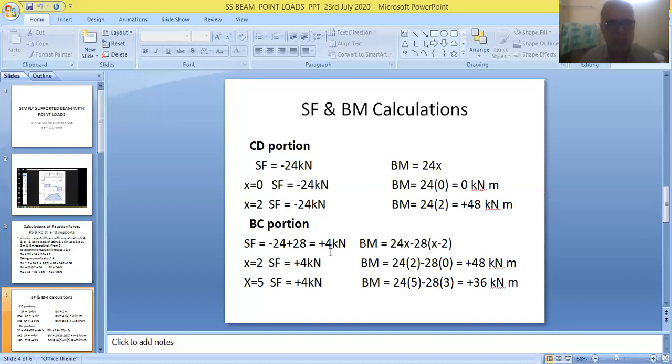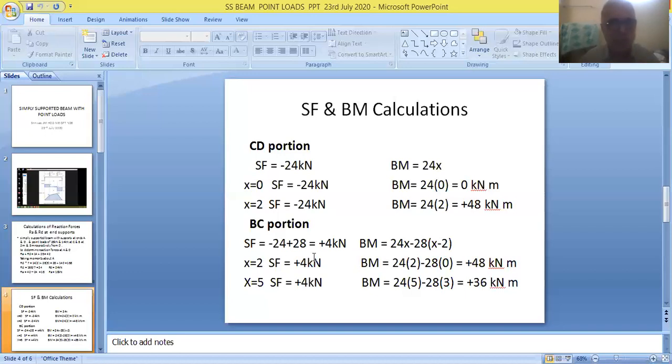So again, friends, this is independent of x value. And again we have to fix the limits for this portion, as I've already told you. So 2 meters will be the lower limit and 5 meters will be the upper limit. Whether it is 2 meters or 5 meters, it is independent of x value. Therefore, at 2 meters, SF must be taken as 4 kilonewtons. At 5 meters, again, it has to be taken as 4 kilonewtons. And now, friends, let us talk about the bending moment equation. So here we are taking this force.